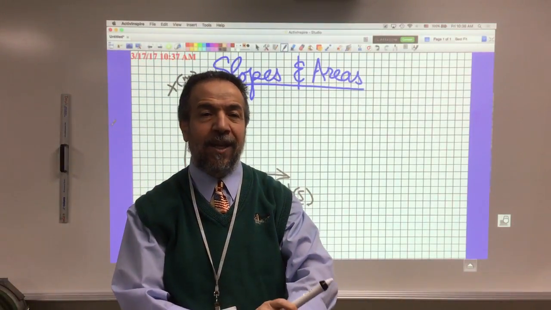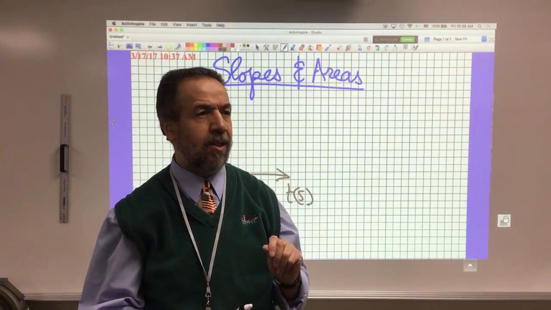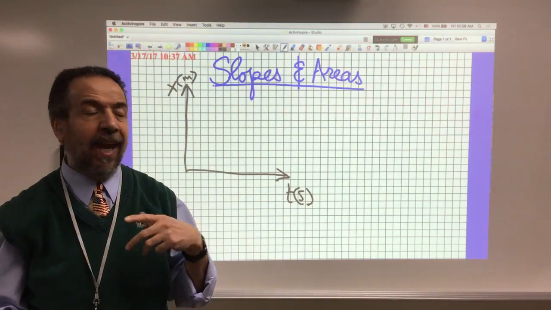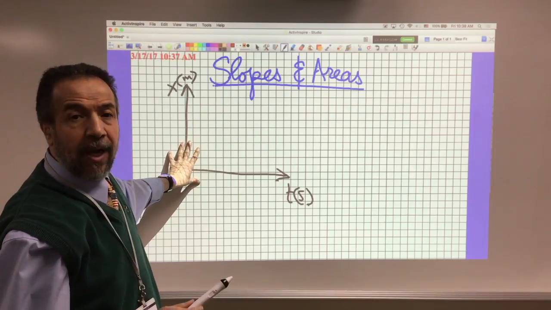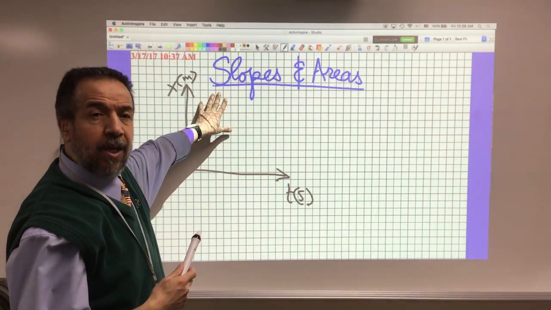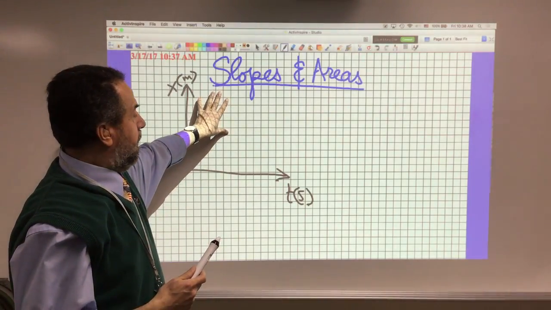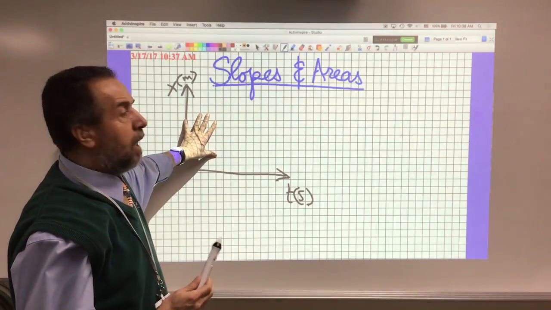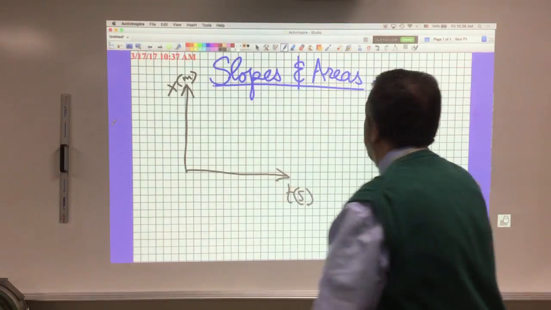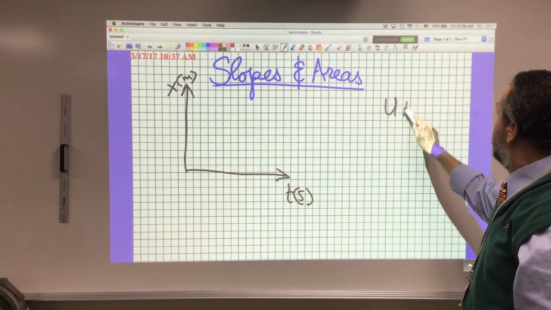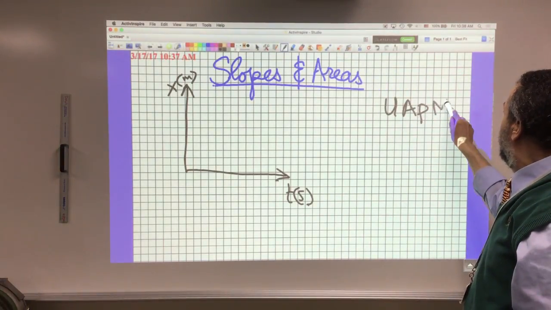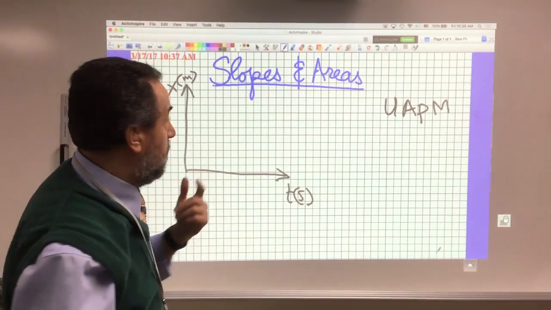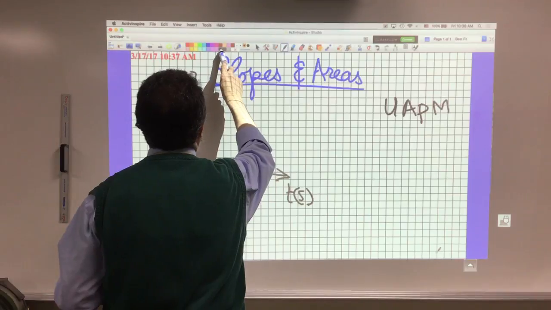Hello everyone. This is our third installment, and we are going to talk again about slopes and areas. What I'd like to do is explain this in the context of the uniformly accelerated particle model. If you recall, when we did Lab 05 and Lab 06,